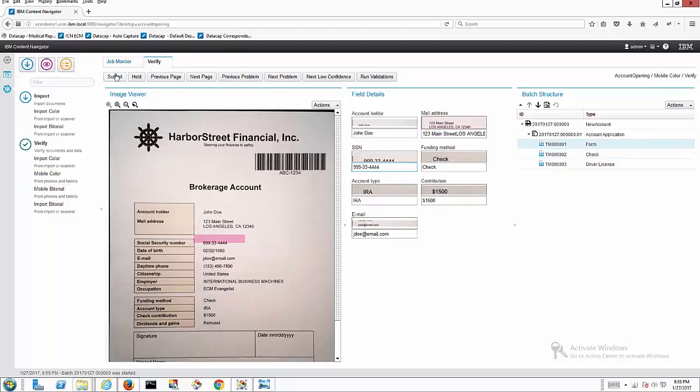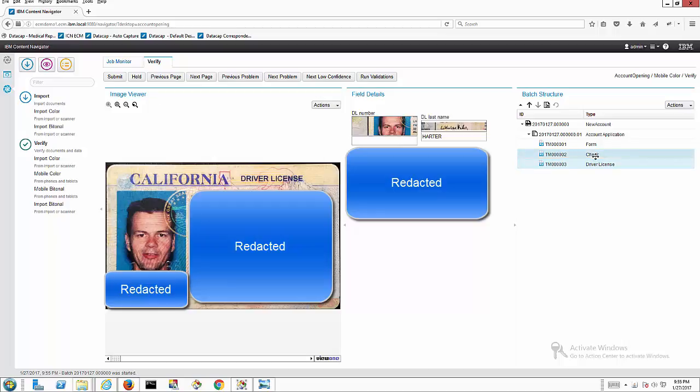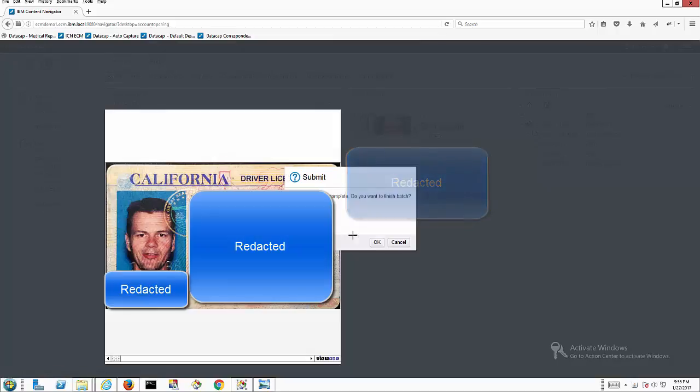And I can go through and say, yes, I'm done with that document. Move on to the next. It shows the driver's license, has all the various data, which I'm going to redact. And then it actually skipped the check because it had all of the data off of that. I simply submit that, and now that goes into my